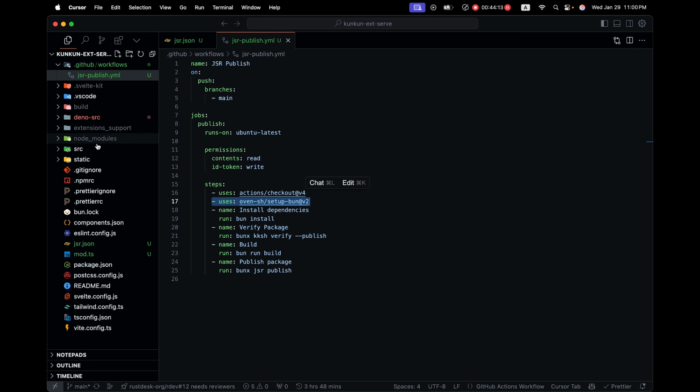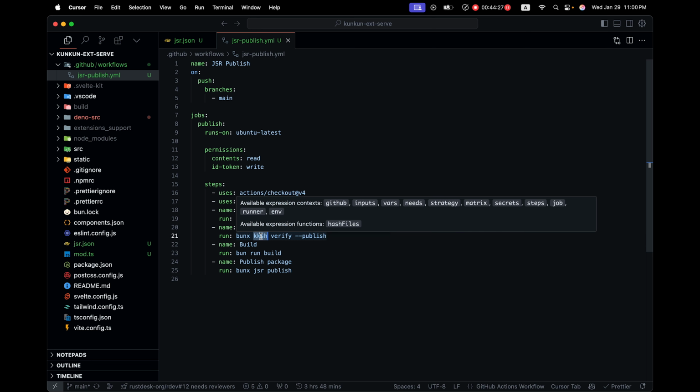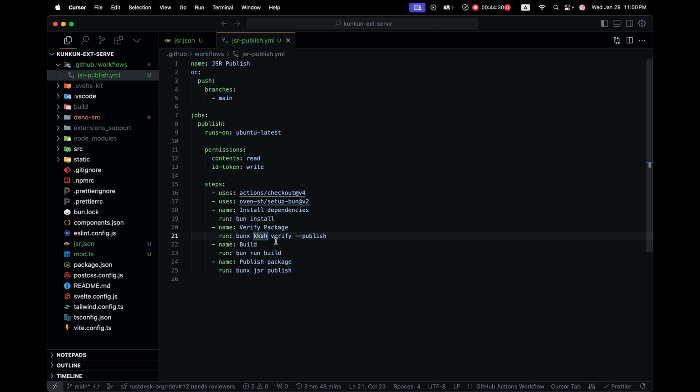We also need to build the front end, right? So we need Bun. If you're using npm or pnpm, you need to set up Node.js and pnpm. Run bun install, verify the package with kksh. That's our official CLI. It's going to do some basic verification on the schema, on the format of your manifest, and